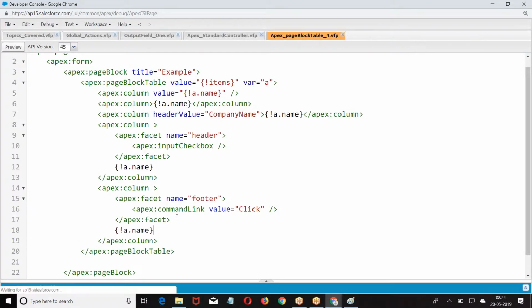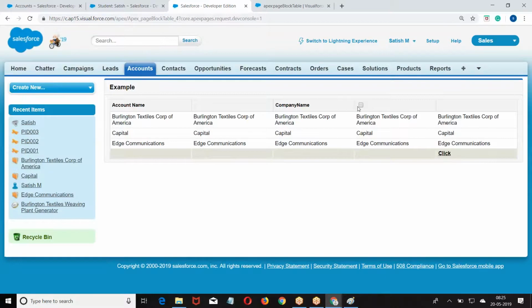Whatever we write in the facet, that is printed in the header or in the footer. Now the body is the same. Whatever you write after the facet, that will be printed in the body. Now why are you going for a facet? If you want to give your own custom header, we can go with header value.